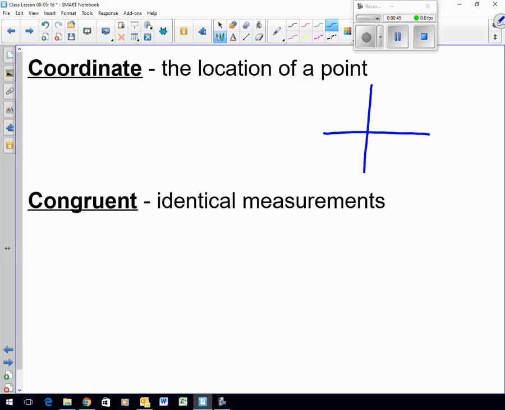We'll go over this over and over, but pretty soon you're going to have to commit it to memory. It goes XY. X moves left to right. Y moves up and down. In later math, they'll tell you that I was an idiot for teaching it to you that way, but all of you are going to learn it left to right, up to down. Okay? So if I give you a coordinate point of -3, 5,